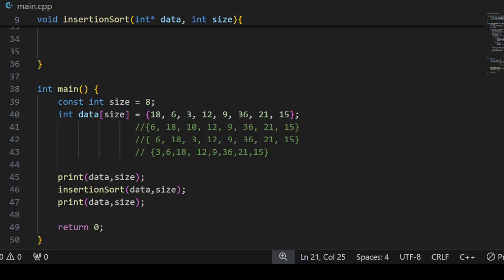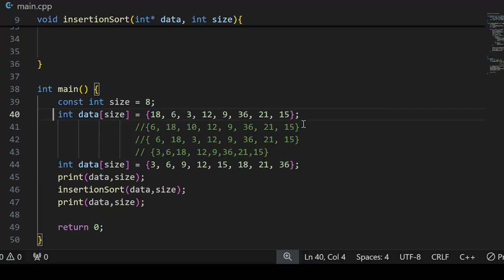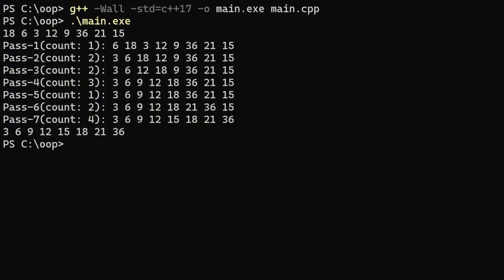and put it here. int data size equals to... Comment this out. In this case, this is going to be the best case situation, right? So in the best case situation, we have